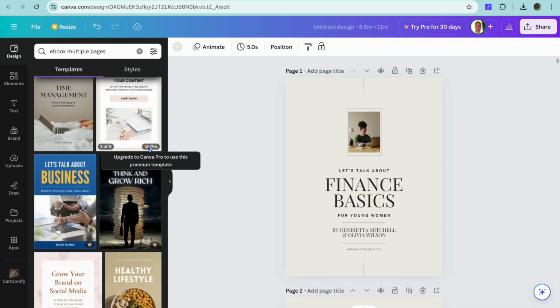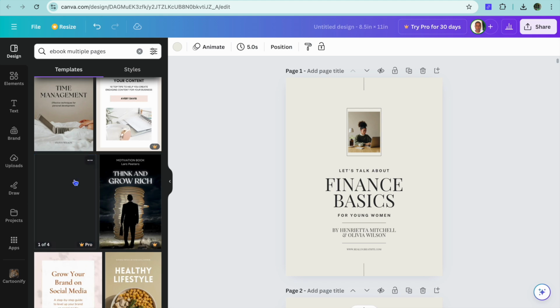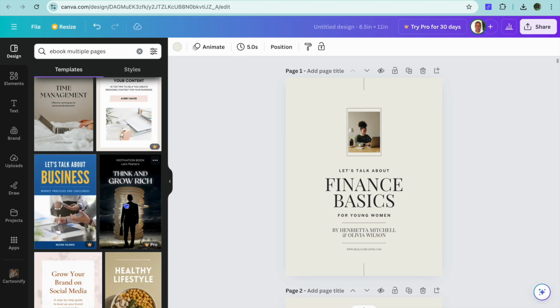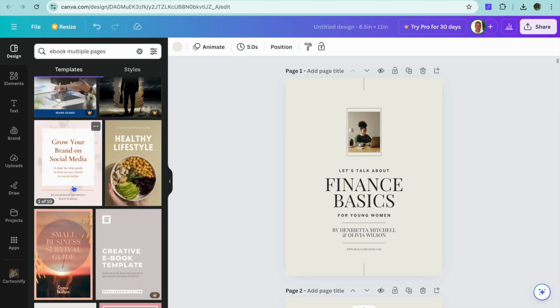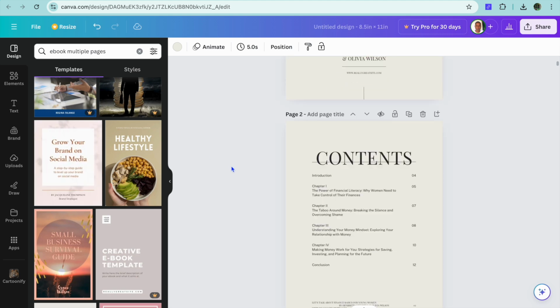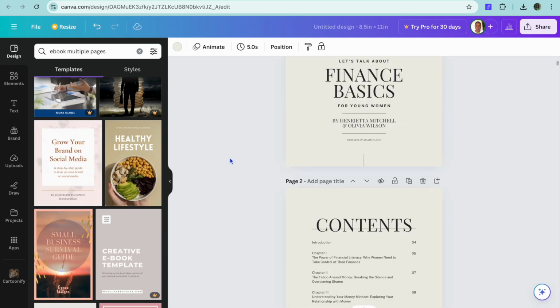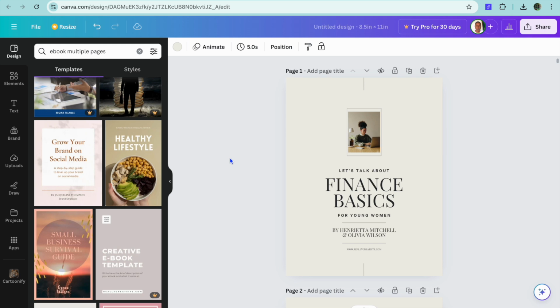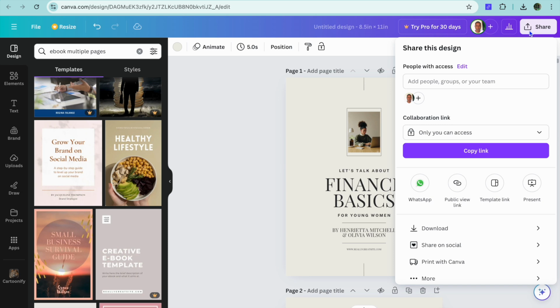Keep in mind the templates that say pro, you would have to be a paid subscriber to use those templates. But there are numerous templates that you can use for completely free, as you can see right here. And with DRAFT2DIGITAL, your book needs to be at least 64 pages minimum. So this is an outline that I created. This is 65 pages. So now all we'll need to do, we can tap on share in the top right